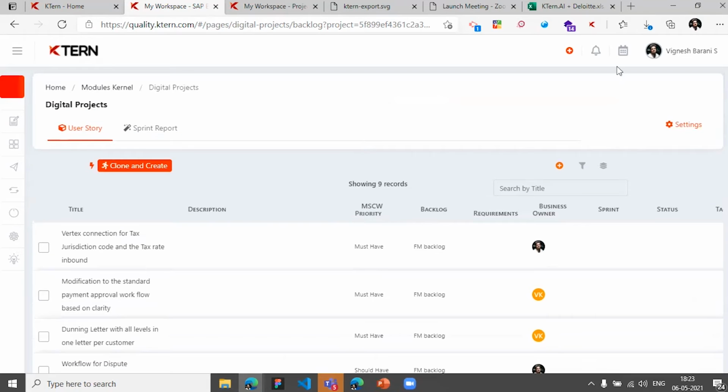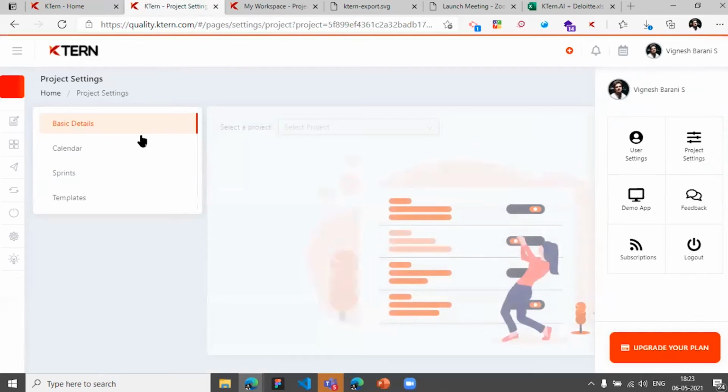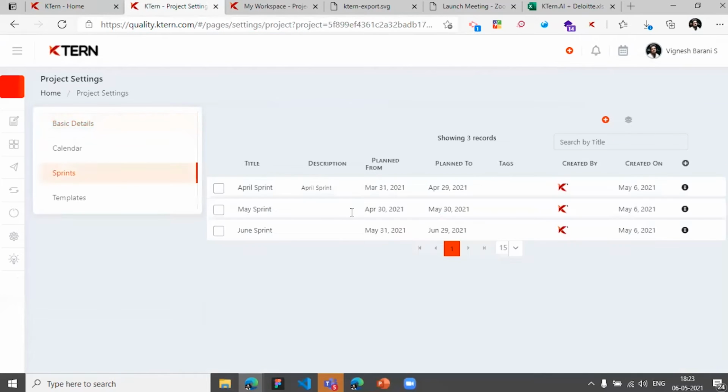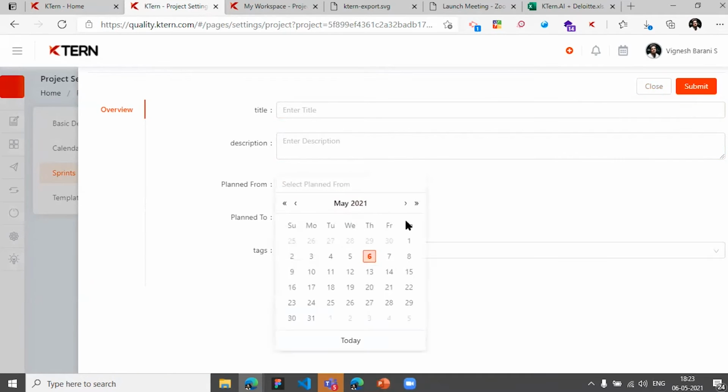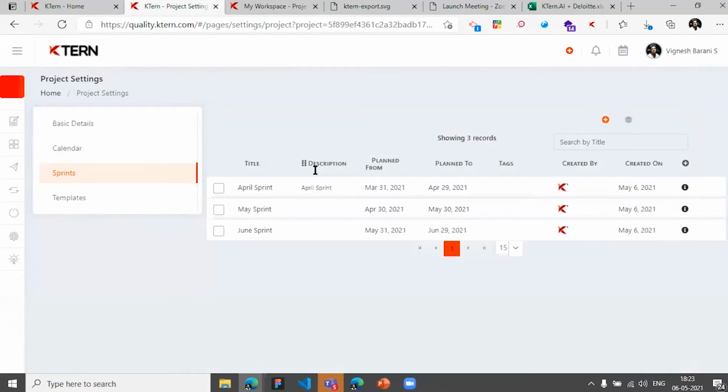Now, what we typically recommend is to create your sprint planning. So we go to project settings, and we have the option to create different sprints which you want to have. Like you can have April monthly based sprints, or 15-day sprints, or 30-day sprints, or however you want. So you can just create them, and then the next thing you might have to do is that